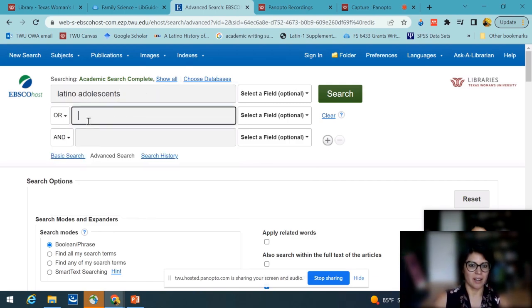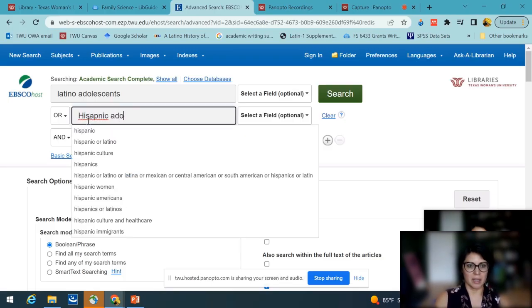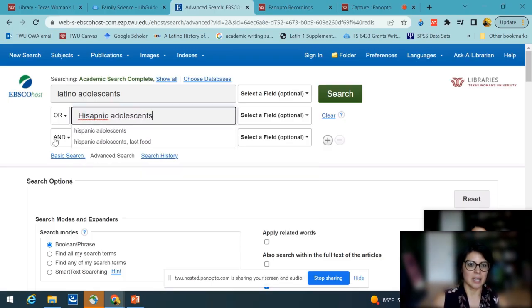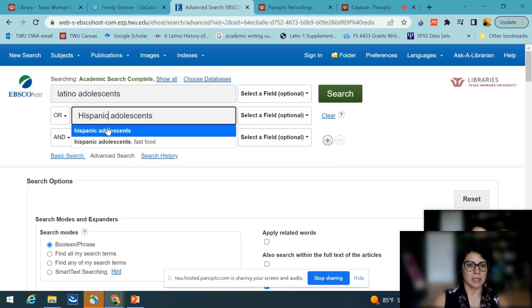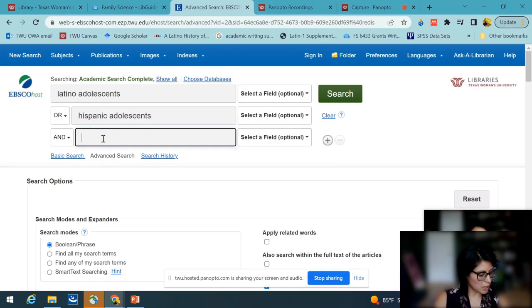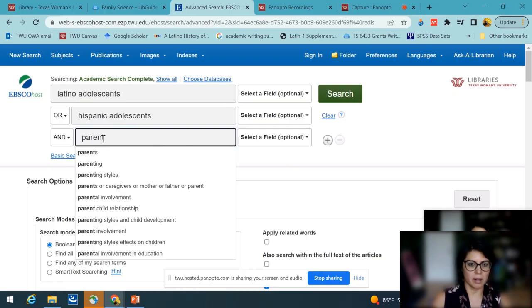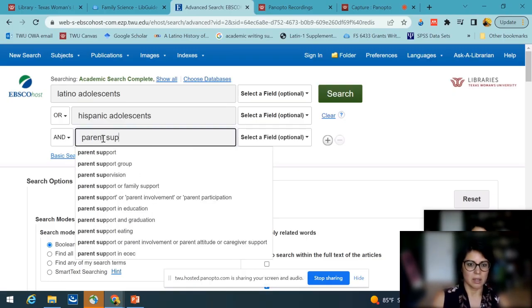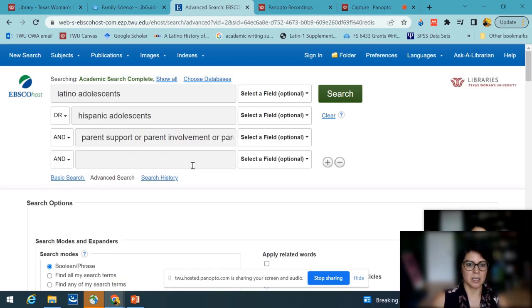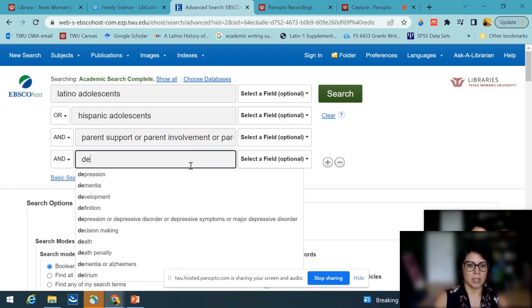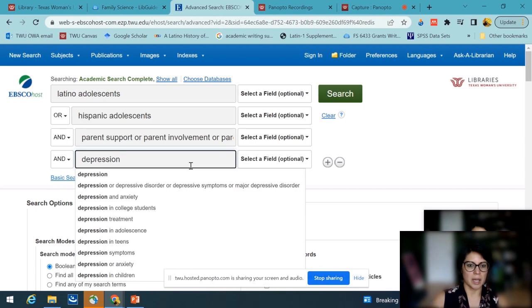or Hispanic adolescents, and I misspelled that. Okay, Hispanic adolescents, there we go. And we said parent support, or parent involvement or parent attitude or caregiver support, plus we said depression or anxiety,